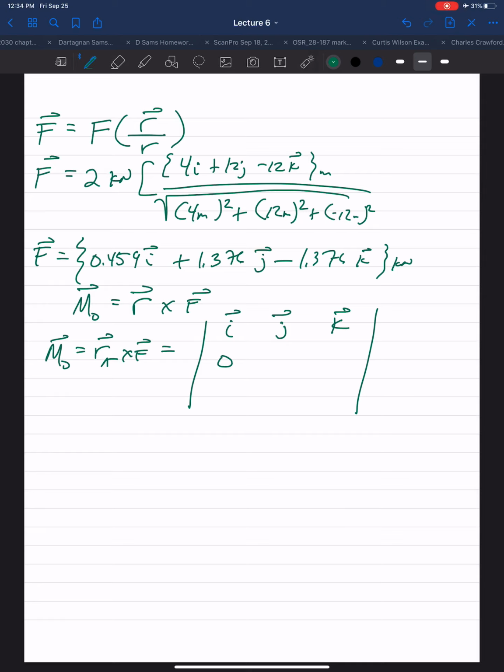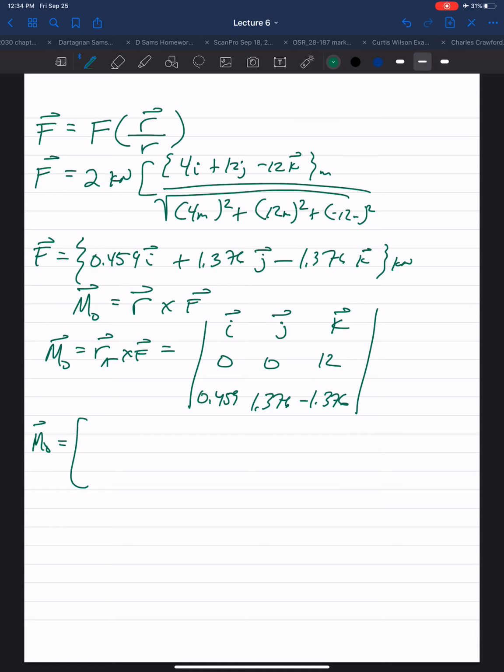So it's 0I, 0J, 12K. F is 0.459I, 1.376J, and negative 1.376K. This is equal to,